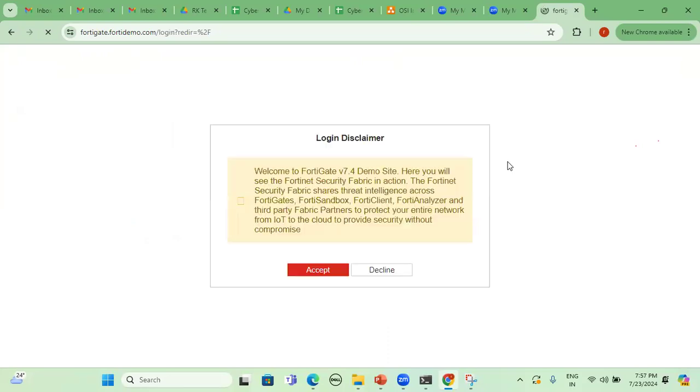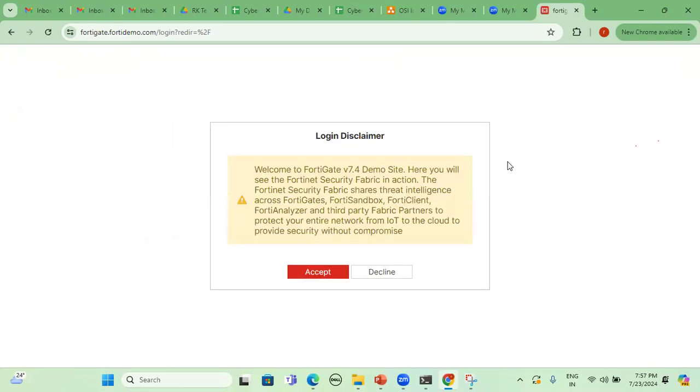So I'm going to FortiGate demo now. It's free of cost. Anybody can access it from anywhere, including on your mobile. Now I'm opening one firewall called the FortiGate firewall from the Fortinet company. The firewall version is 7.4. It's for demo. Whenever you visit a perfume or shopping-related company, they'll give you a demo piece. What is my demo piece here?